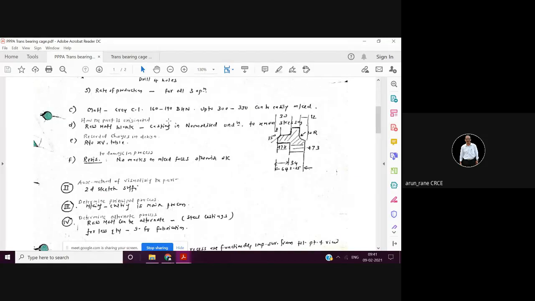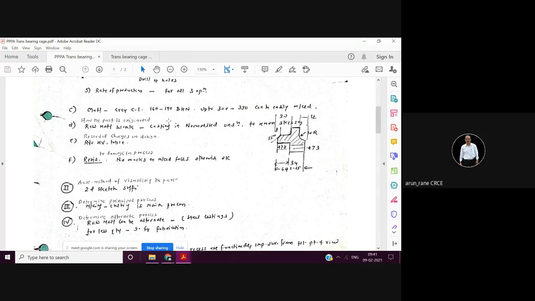So here casting is the basic process, which has given the shape to the product. In the ball pillar, forging was the basic process. Basic process is defined as the process which gives the shape to the product. In this case it is casting.